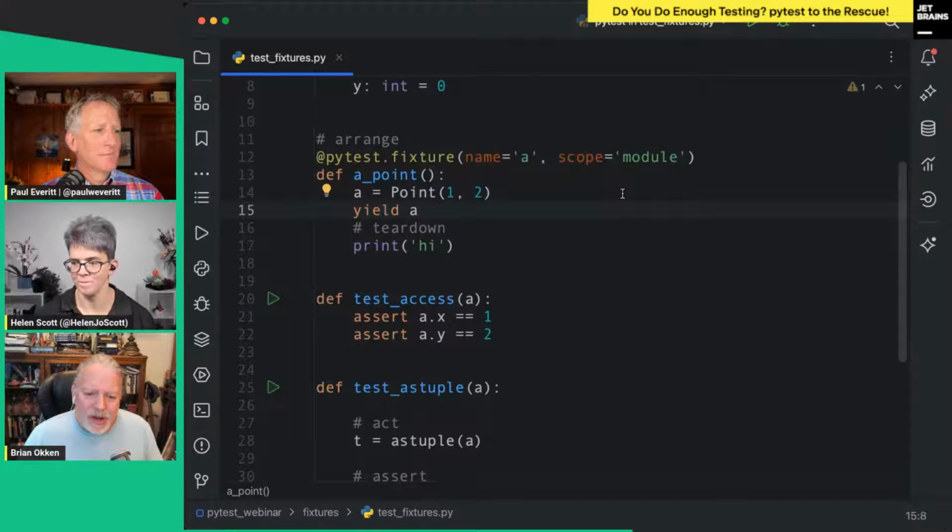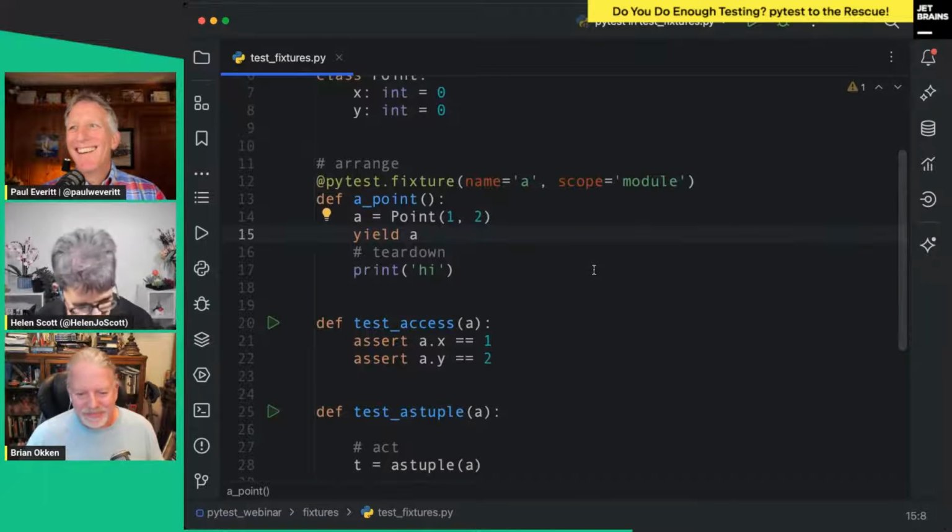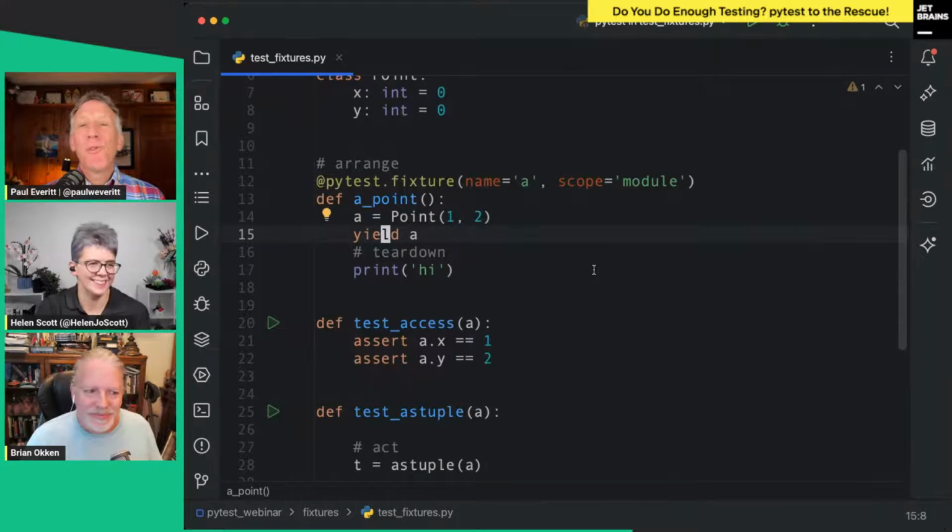I could go on for hours, but let's stop there. Yield for the win. I love that. It's a superpower that not enough people put their time into. And yield is the reason for the timing of the first edition of the book. I did not want to publish the book until yield was in place, and that was going in place at the time I was writing the book.